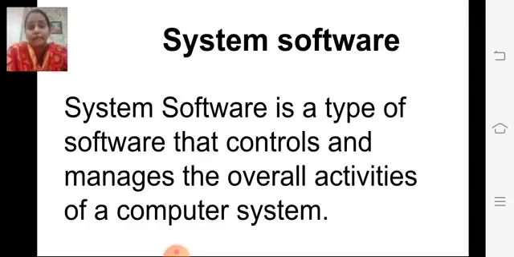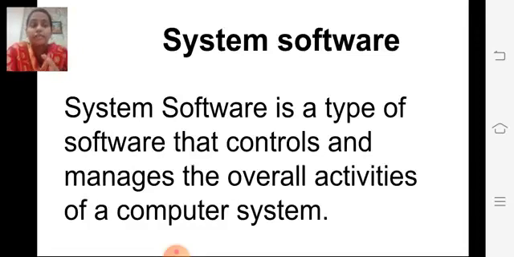Windows is starting. Like this message we get. What is that Windows? Yes, that Windows is operating system. That Windows is an operating system which runs behind the screen.